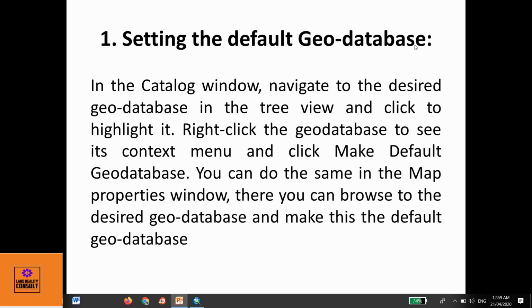First one is setting the default geodatabase. In the catalog, we will use two methods. The first one is using the catalog window. Navigate to the desired geodatabase in the tree view and click to highlight it. Right click the geodatabase to see its context menu and click make default geodatabase. You can do the same in the map properties window. There you can browse to the desired geodatabase and make it the default geodatabase. I will demonstrate these two